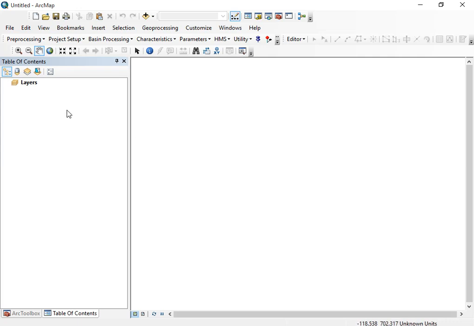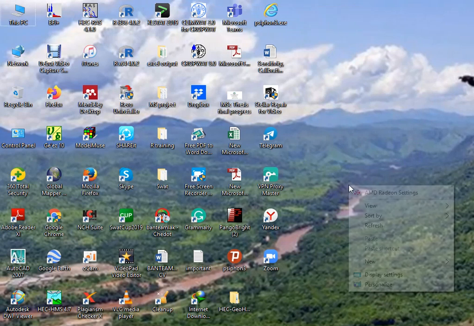You can open it in such a way. So you should first install a compatible HEC-GeoHMS model for your ArcGIS, and after that you should